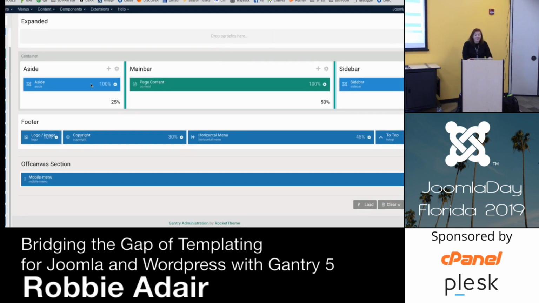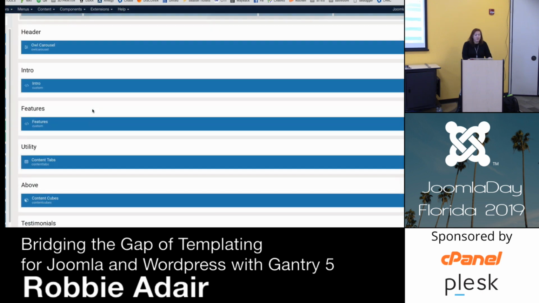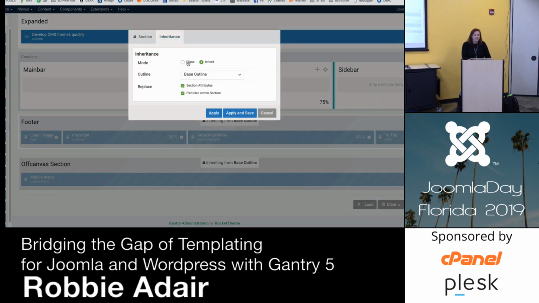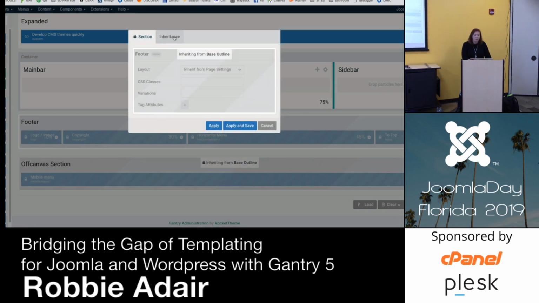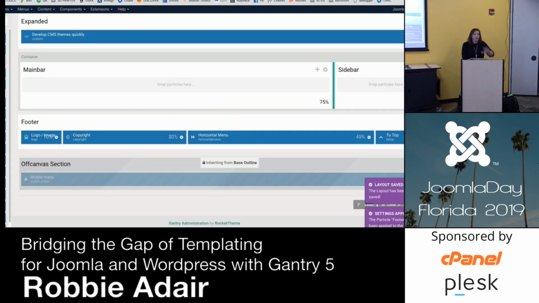But, again, the beauty of these overlays, let's say for instance, I'm inheriting from my base outline right now. But for whatever reason, the client says, you know, on that home, could we have that footer down there a different color? And they want it, you know, white, but we have a white logo on it. Okay, yeah, sure, we can do that. So what we would do is we would disinherit this, right? I could clone it originally. I could clone it so that I'm actually pulling all these over so that they're there. But you see how now I can select them.